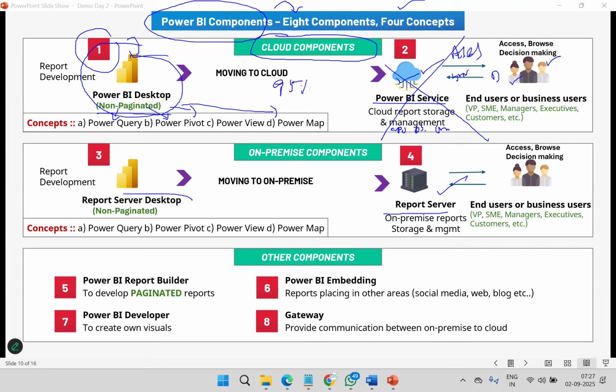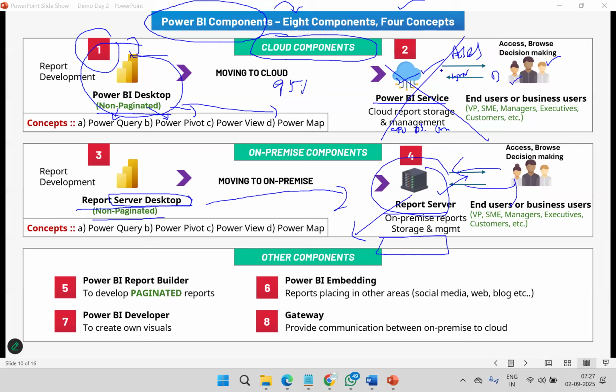And this desktop only we use, but the desktop is server desktop, specially designed and optimized for this. So we will go for reports or desktop, one more desktop available. So Power BI has 2 desktops. The second desktop is only for on-premises. Once the report is ready, we will move to report server. This we install in our local company, local servers, and customers access our local servers and bring it.